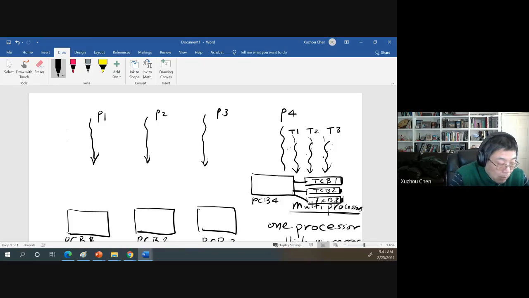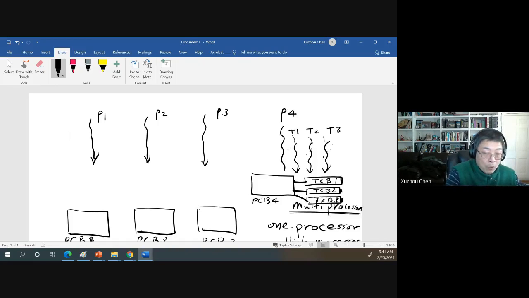Now for the kernel thread, the CPU scheduler is going to be able to allocate each of the threads. So the operating system is actually aware of these multiple threads. So that's good, because then the operating system scheduler can allocate the CPU time for each individual thread, even though the thread is part